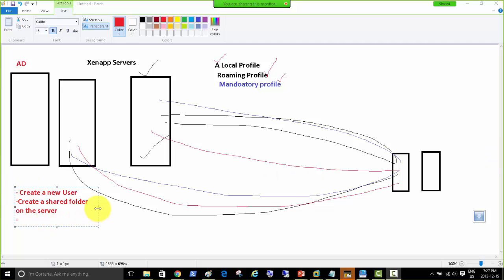So I'm just quickly going to create a shared folder for that on the server, on the Active Directory, and then the only thing to do here is that the user settings must have that link in the proper places, and that's what we need to know. Then when I log in and make any changes and log off, we're going to see that's how the roaming profile is working, and then we're going to see how the Citrix profile management is working, or what's so different